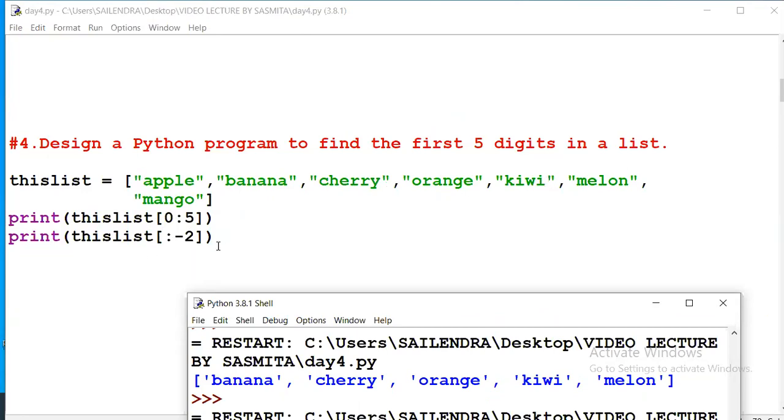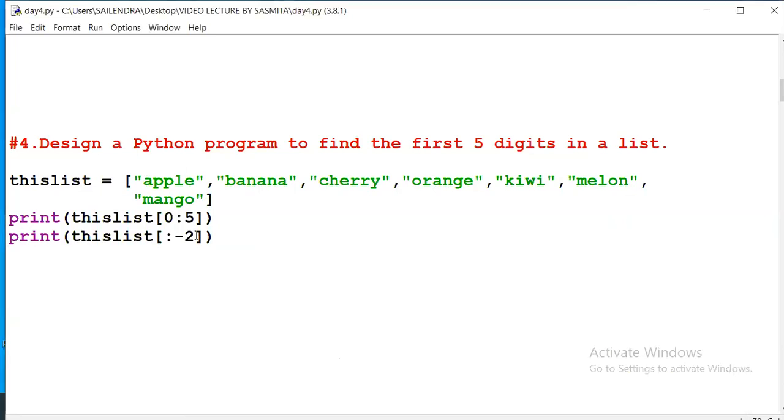Up to -2 it won't come, because from the start to the end the index goes 0, 1, 2, 3, 4, 5, 6 continuously, and from the end to the first it goes -1, -2, -3, -4, -5, -6 and -7.